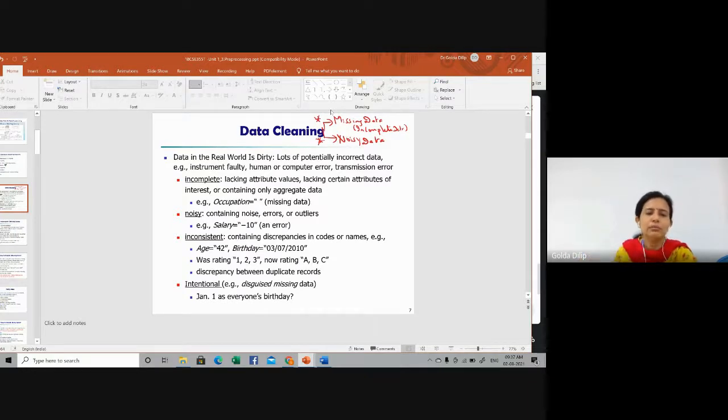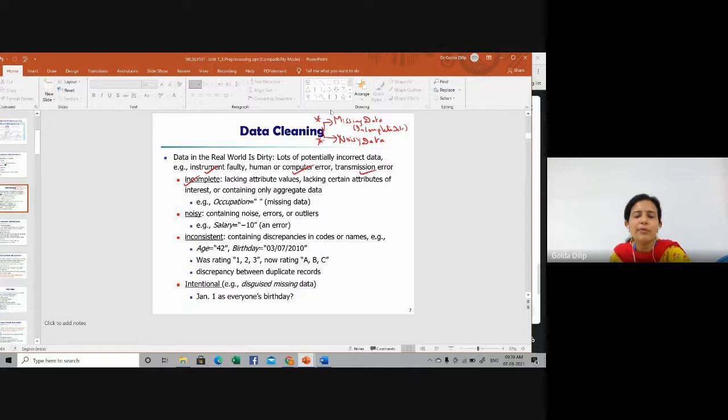You can see here some examples are given in the slide. The data in the real world is dirty, with lots of potentially incorrect data. I had already mentioned it could be a fault in the data collection instrument, or a human or computer error, or a transmission error. Or incomplete data, lacking attribute values, lacking certain attributes of interest, or containing only aggregate data.